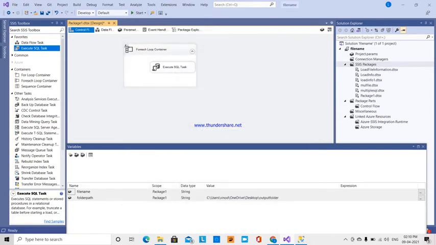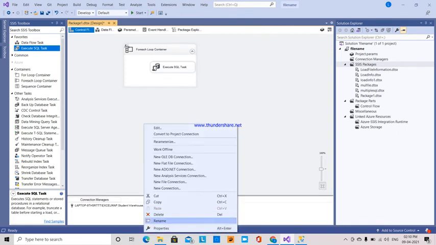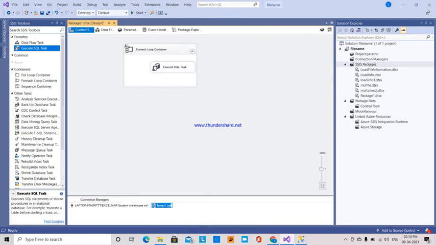Then here we got the connection script, script SQL, and I am going to rename this as connection underscore SQL file. Okay.